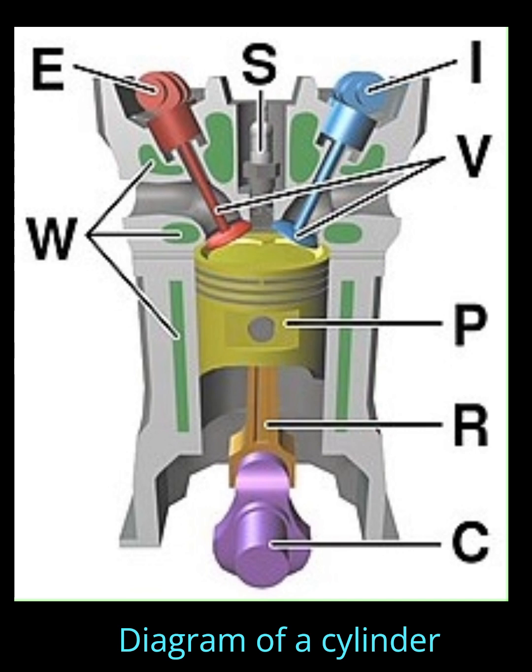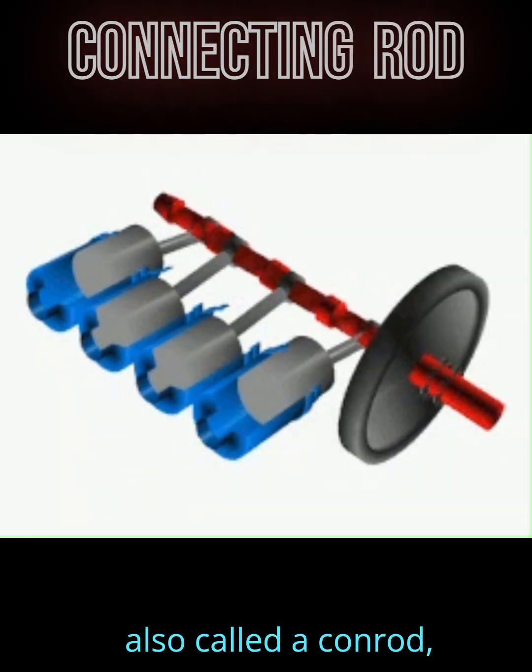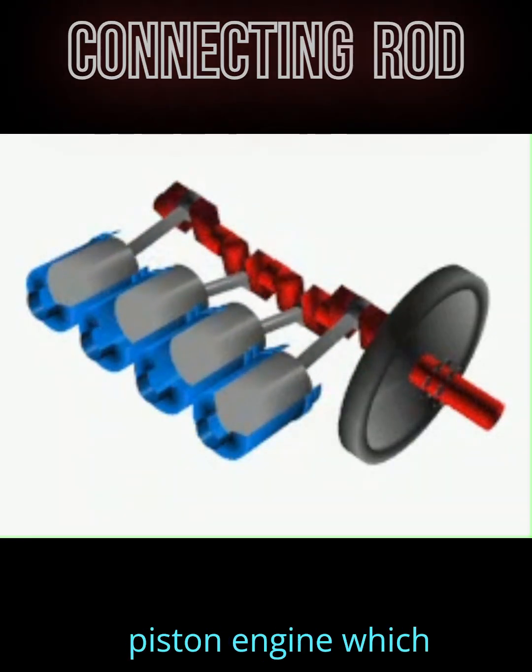Diagram of a cylinder as found in an overhead cam 4-stroke gasoline engine. C. Crankshaft. E. Exhaust camshaft. I. Inlet camshaft. P. Piston. R. Connecting rod. S. Spark plug. V. Valves. Red, exhaust. Blue, intake. W. Cooling water jacket. Gray structure, engine block. A connecting rod, also called a con rod, is the part of a piston engine which